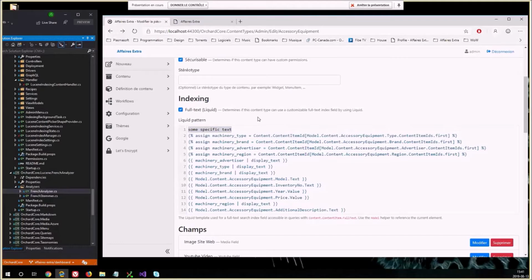We already had the power to index a content item automatically, and it's a new field called full text that we use in the content search handler, that you can also use in your own queries. And why we did that is also because it allows us to provide other ways to provide a full text.